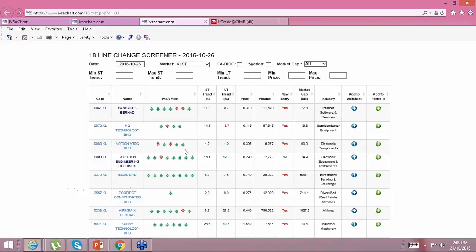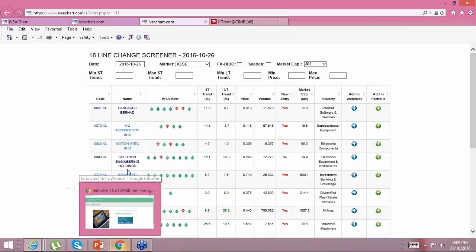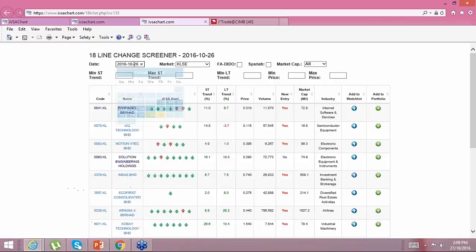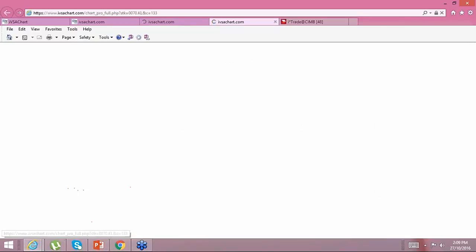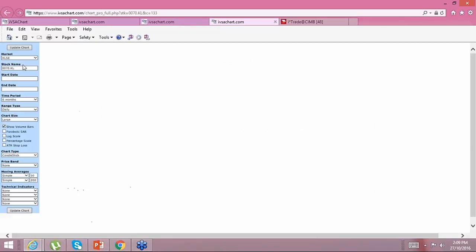So if you can imagine how 18LC narrowed it down for you with a stock with higher possibility to move. Now, I have shown you the stocks for TT Jaya. TT Jaya appeared on the 4th of August, pick up on the 5th, but what I can't show you here, but I'm going to click on this one of the chart and go to TT Jaya and show you the stock,